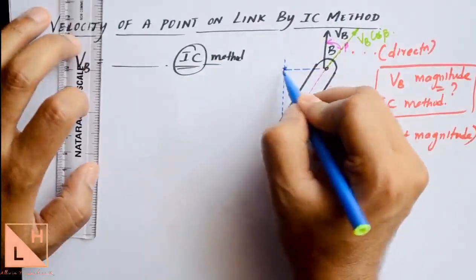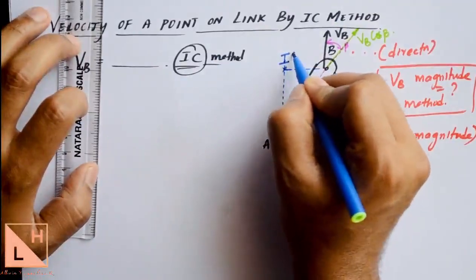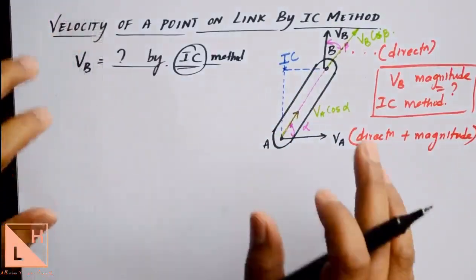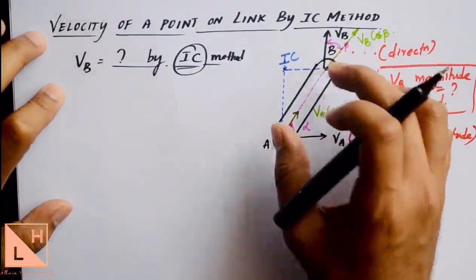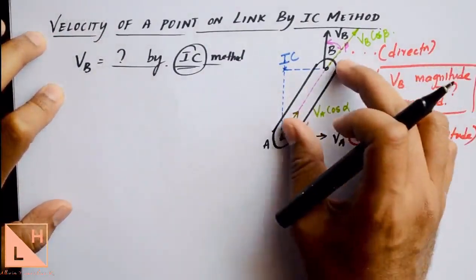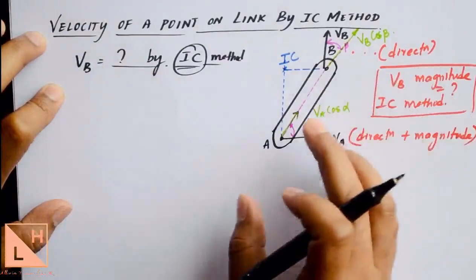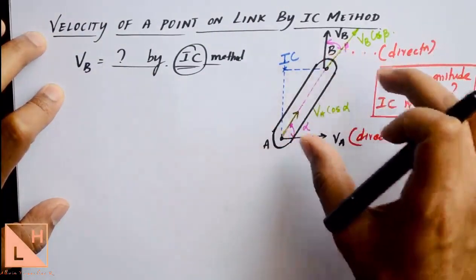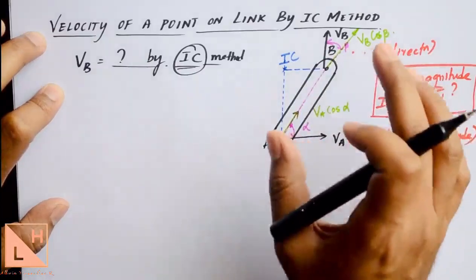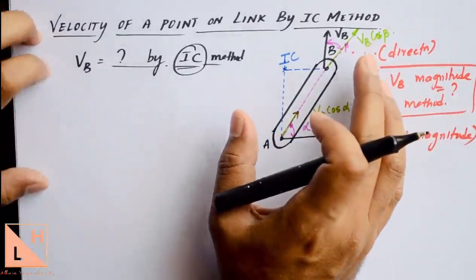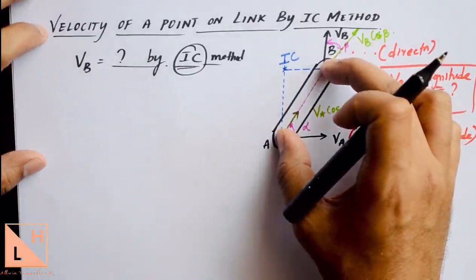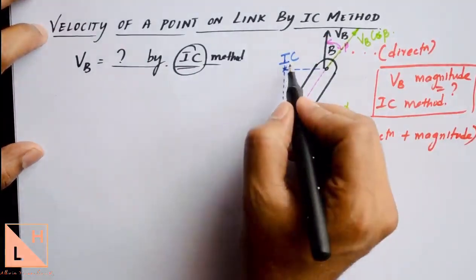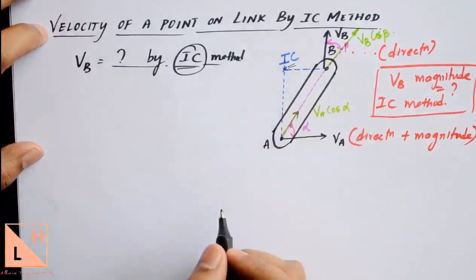Where it intersects, that will be the instantaneous center for this particular link, right? As we discussed previously, this link during motion in a mechanism will have complete rotation as well as translation in order to move its position from its initial position to some other position. Now, according to the assumption we made, we are going to assume that this link is going to have pure rotation only. So this pure rotation is going to happen with respect to the point, the instantaneous center.